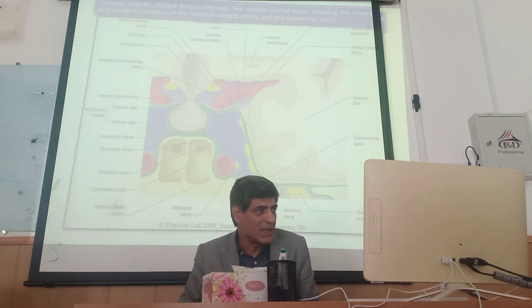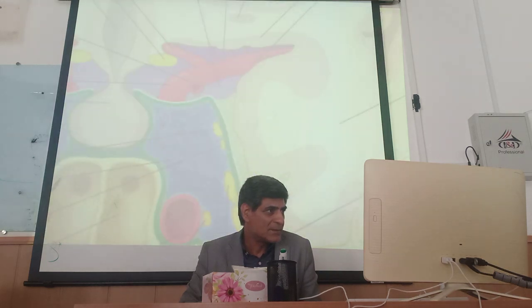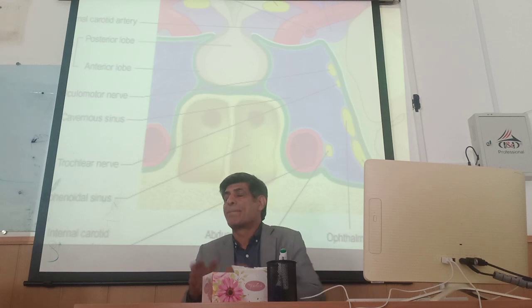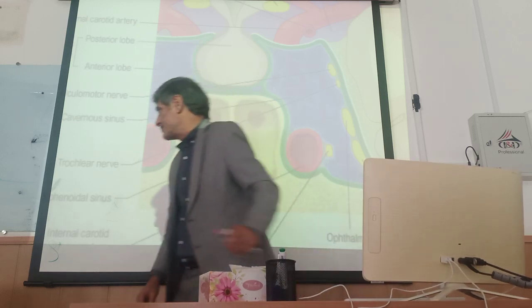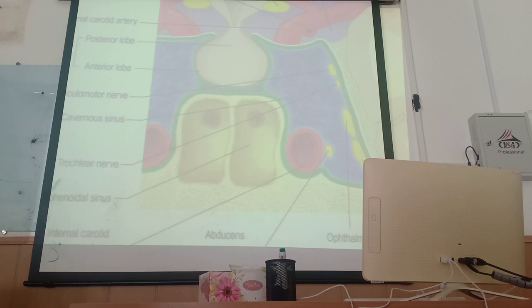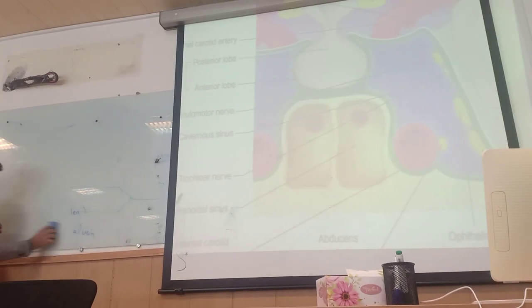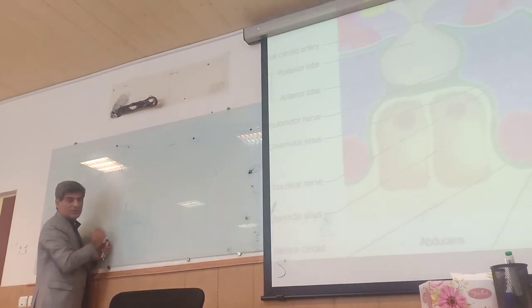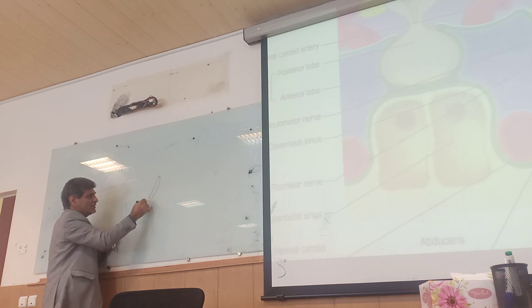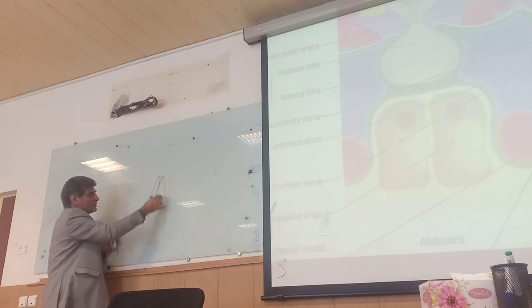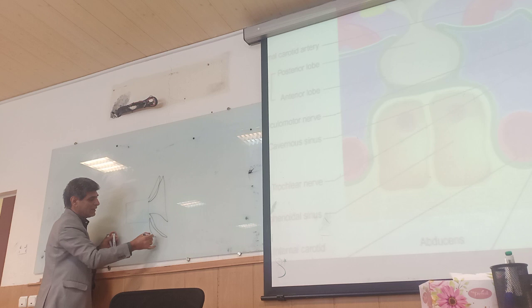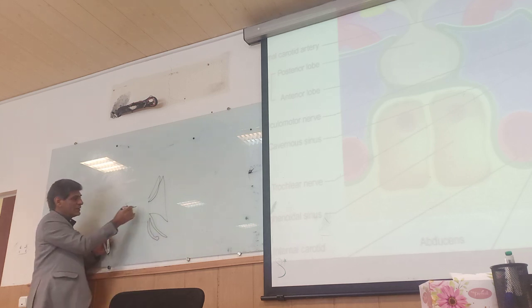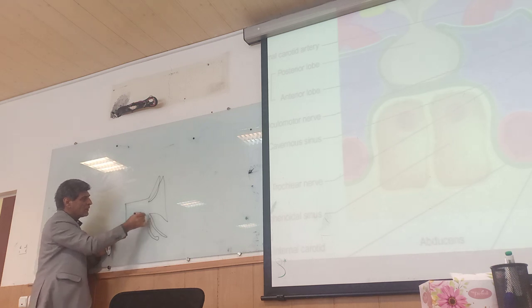Lateral wall of the cavernous sinus, and its relation to structures. The sphenoid bone: lesser wing, greater wing, pterygoid lateral plate and medial plate, and the body. The sella turcica